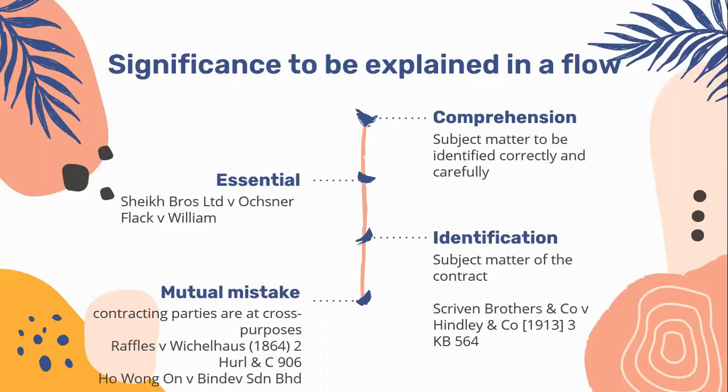The parties in this case had realized that the address number of the shophouse had been wrongly stated, as it got twisted between the oral and the written order of the previous shophouse owner. It has depicted to us that identification of the subject matter in the agreement is highly important, as it is related equally to our composition of the agreement, which also falls under the essentiality of the agreement as provided under the case of Sheikh Bros Limited and Auctioneer.